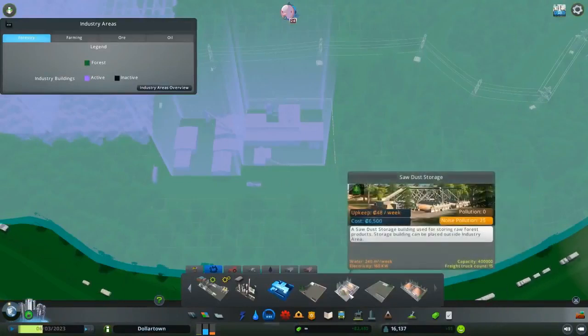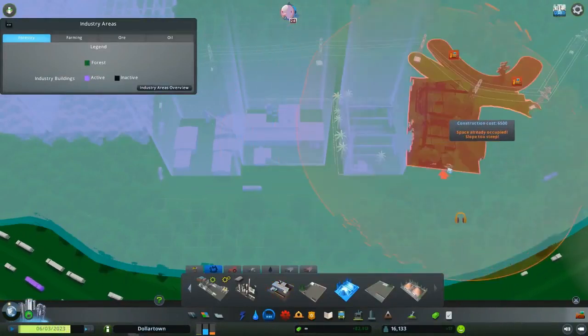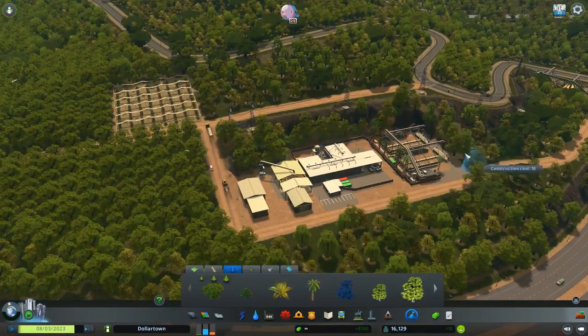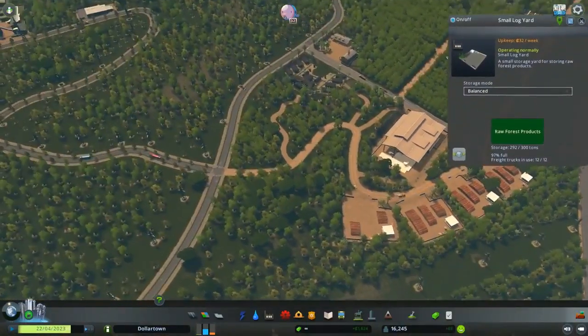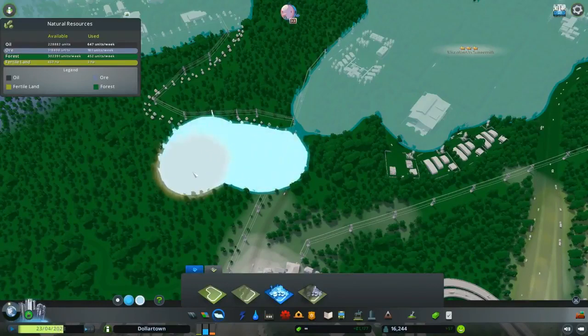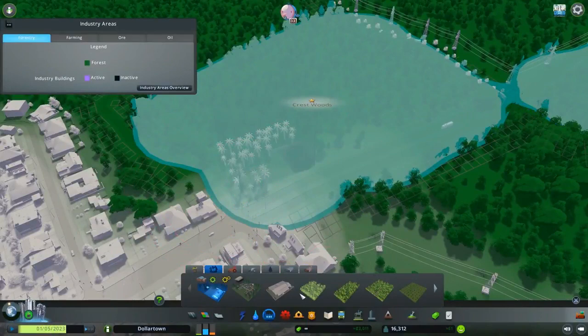To make sure that there's always enough resources on hand and that we're not overstocking, I'm going to place down some more storage. And of course, if you're anything like me, don't forget to waste all your money placing down some trees. The cool thing about the production chain is that it doesn't actually have to be within the industrial area to function. I'm going to make another industrial area closer to the city, and this one's going to focus